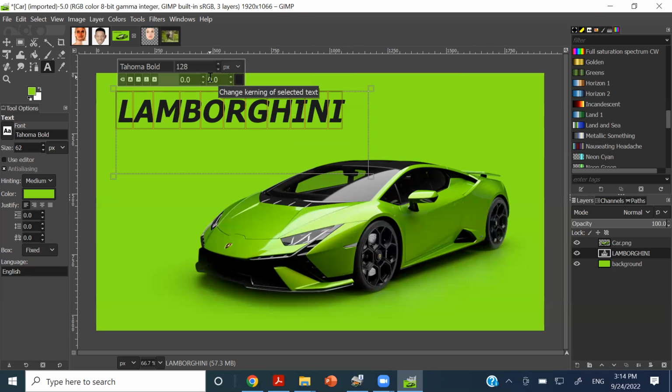And these two things will help me to change the baseline of the selected text. Baseline means how far the next line is going to be printed, right? As well, here under the properties, we have some options. We can increase the line spacing. So if I type Lamborghini car, and I choose these two, and if I increase